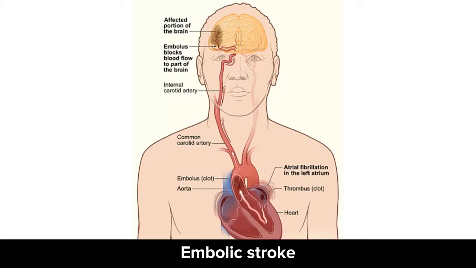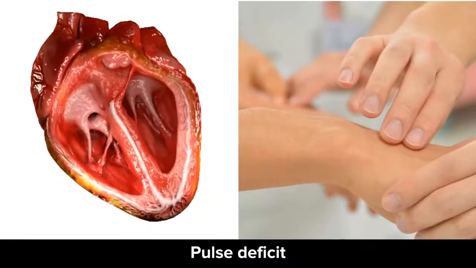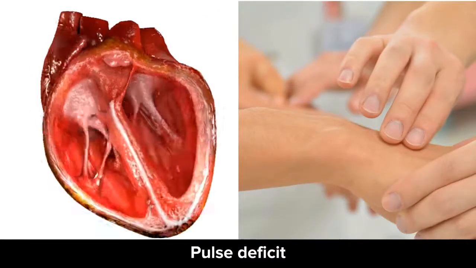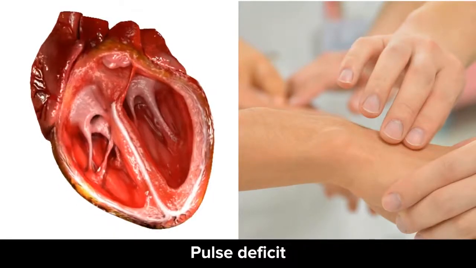Atrial thrombi can form, which may dislodge and result in an embolic stroke. An irregularly irregular jugular venous pulse with loss of an A wave can be felt when palpated in the neck region. And finally, a pulse deficit, i.e. the difference between heartbeats and the peripheral pulsations. This may be present because the left ventricular stroke volume is not sufficient to produce a peripheral pressure wave at